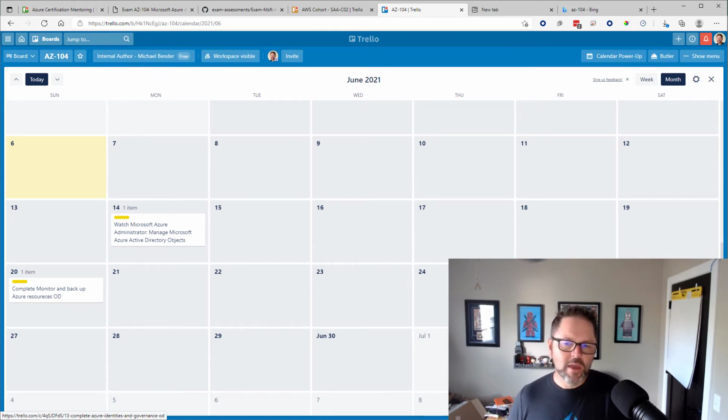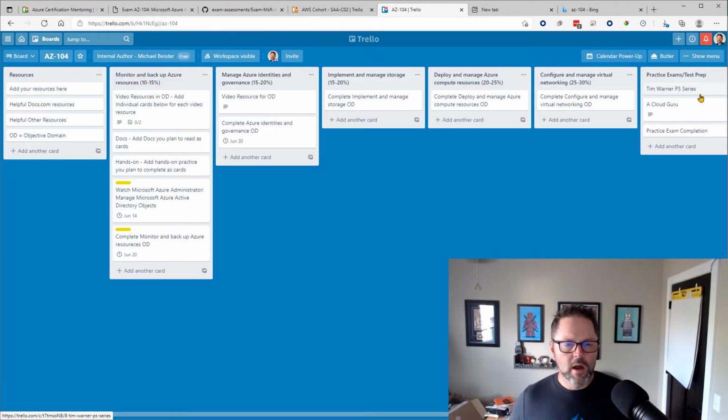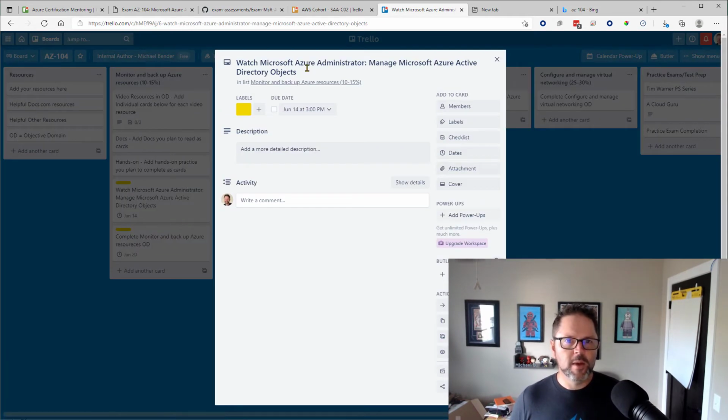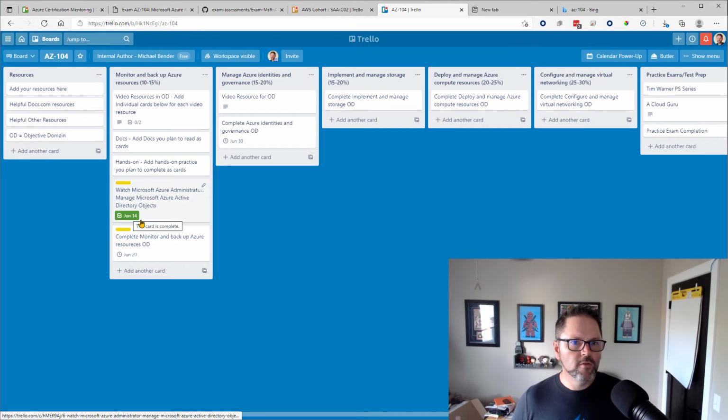So that gives me a way to visualize that. And let's say, okay, I'm in this week, that's not going to work. I can actually drag and drop. I could just drag this to the 30th of June, and that'll change that for you. So I really like the way that works with Trello. And what's nice is if I complete this, I check that, notice that turns green. My goal here is to get everything green so that I know that I've completed those things.